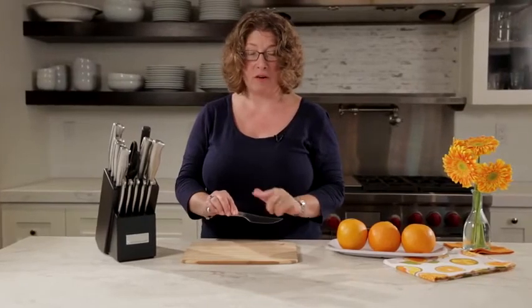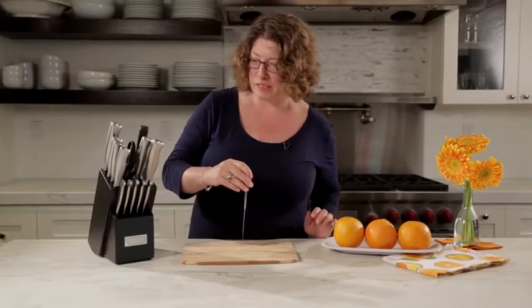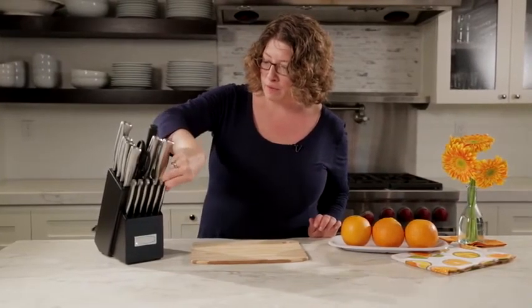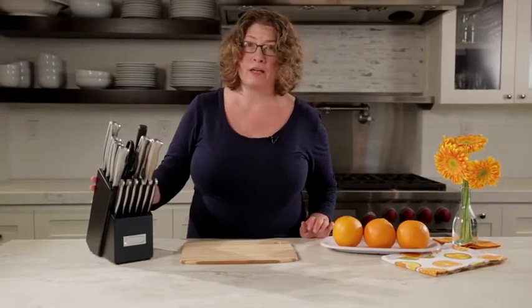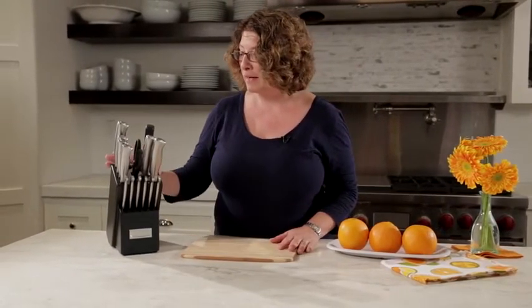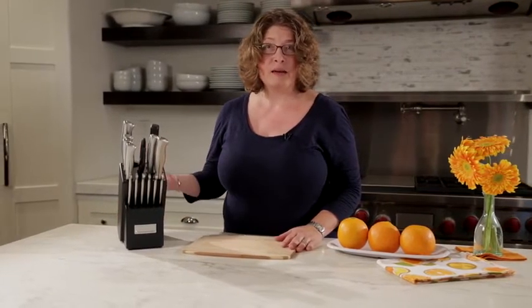I love these because they have a really nice shape to them. And the other thing is they're really nice and thin and interesting to look at. It's great to have those stored right in the base of your knife block. I really prefer using a knife block because it keeps everything very compact, right at hand, especially when you're prepping at your kitchen countertop. The other thing that's really great is that these are beautifully designed, they're easy to maintain,